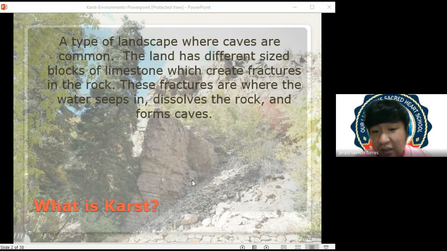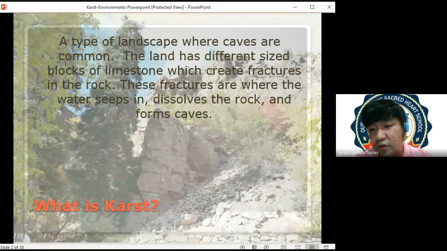So it's either physical dissolution or chemical dissolution, and this dissolution of the parent rock produced a cavity in your parent rock, and tong cavity na to is usually in the form of caves. So pag narinig yung karst environment, the first thing that will come into your minds are caves, because these are holes or cavities formed inside a parent rock.